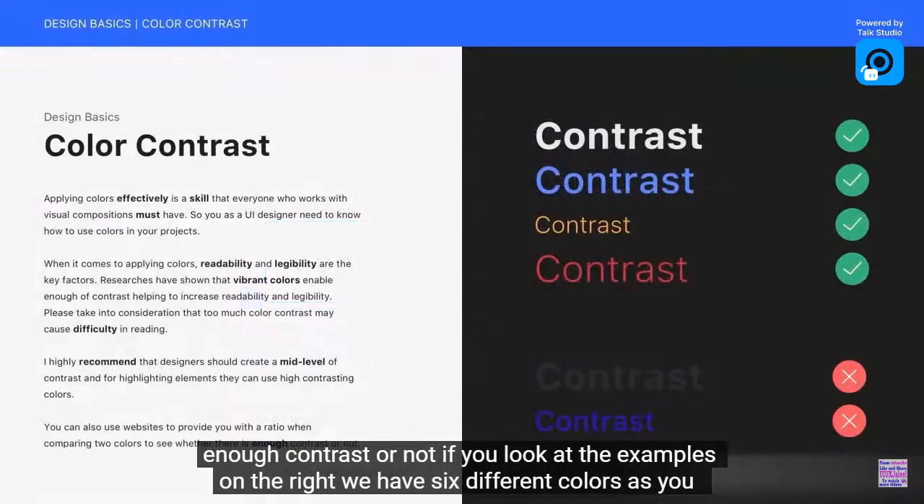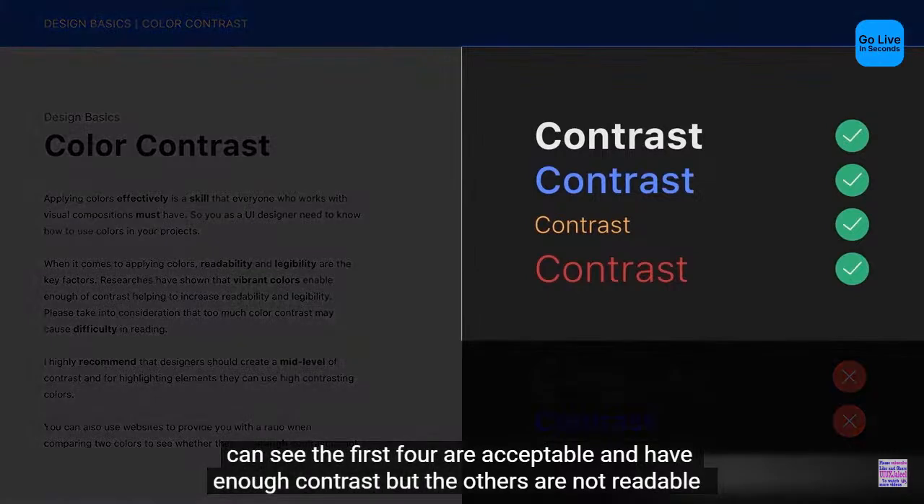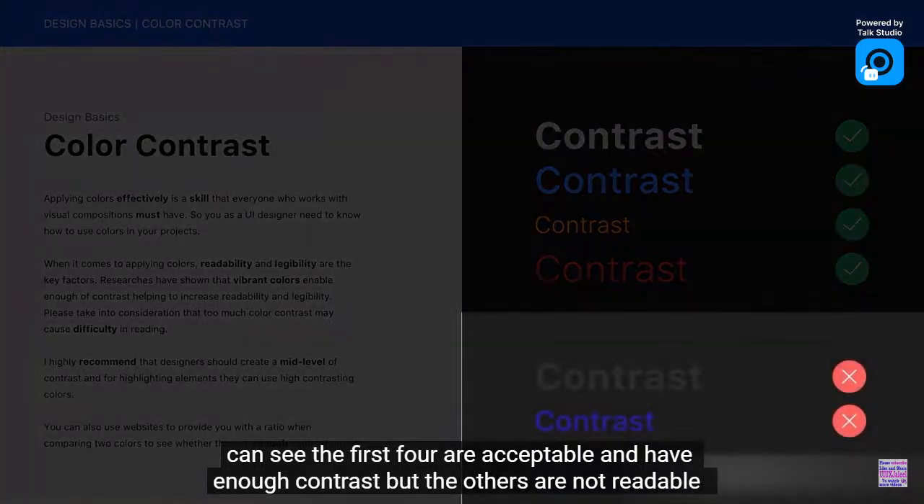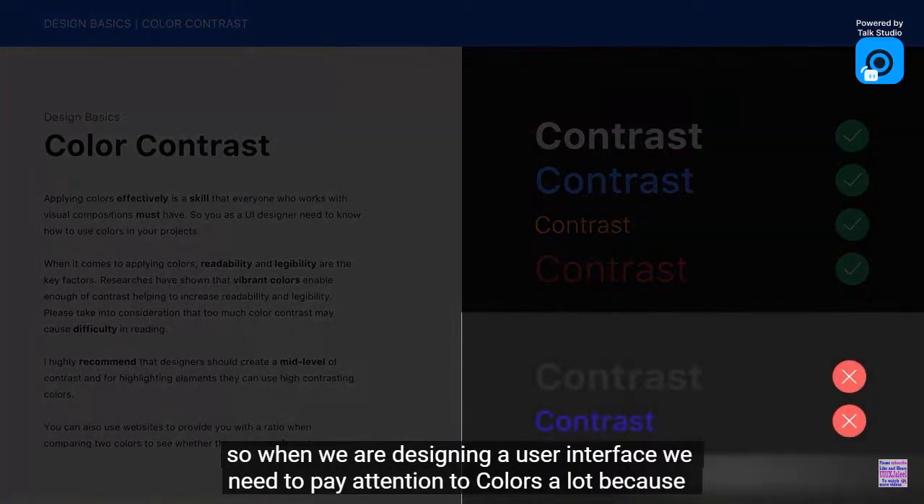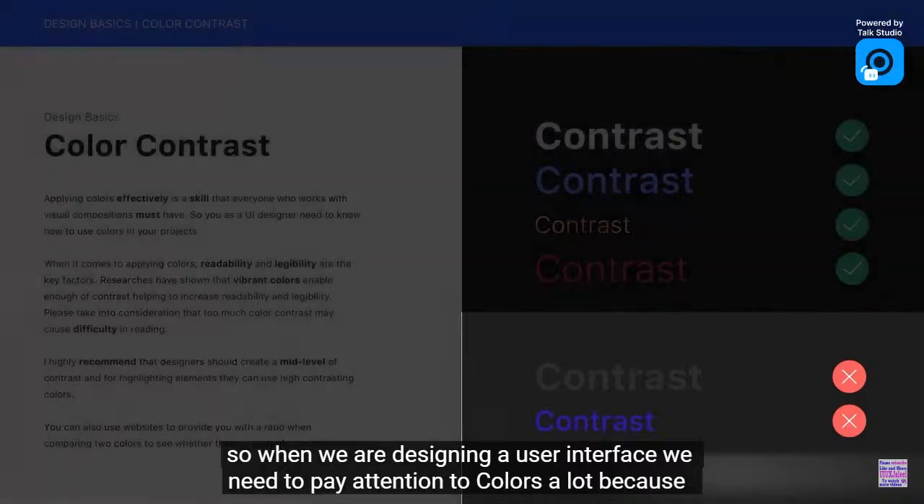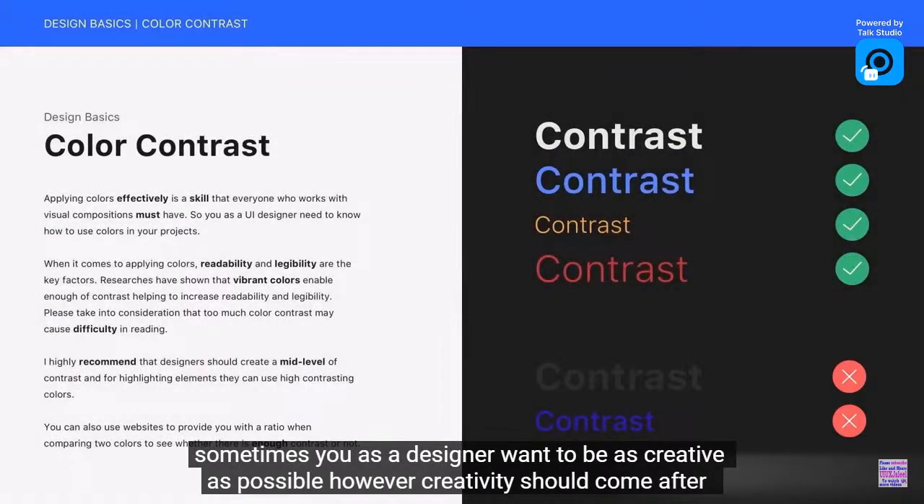If you look at the examples on the right, we have 6 different colors. As you can see, the first 4 are acceptable and have enough contrast, but the others are not readable. So when we are designing a user interface, we need to pay attention to colors a lot, because sometimes you as a designer want to be as creative as possible. However, creativity should come